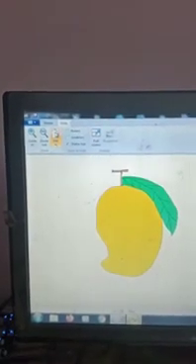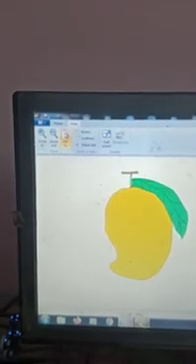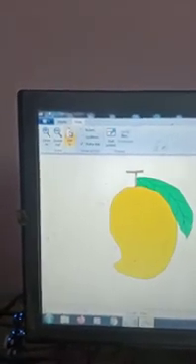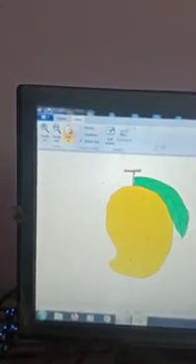This is the View tab. Through this we can increase the image size and get a closer view. If you want to decrease the size and get a distant view, you can do that, and if you want full screen, then you have to click on that, and if you want normal, then you have to click on 100%.